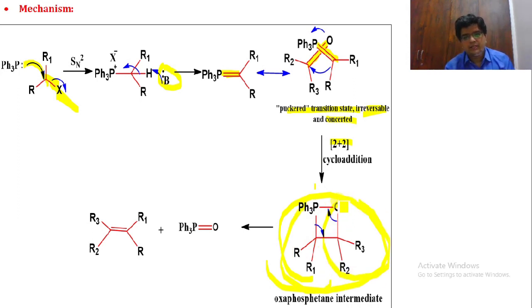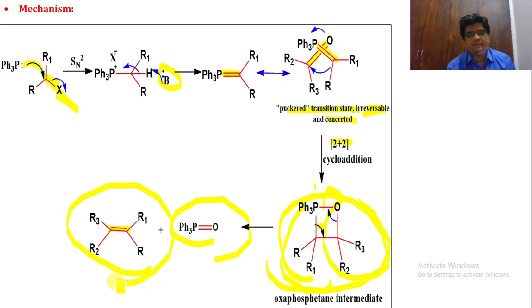So now what will happen? Here we are having oxygen which is having a lone pair of electron. So now this lone pair of electron will travel over here, so you can have a P double bond O, that is the phosphine oxide. So this bond will fall down over here. So here we can produce a double bond. So by that way you can produce olefin by the reaction of halogenated compound as well as the ketonic compound